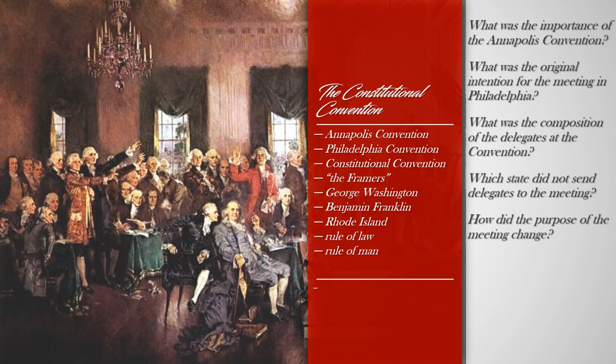Fairly quickly, many of the delegates realized that the articles could not be salvaged, and instead a new document should be drawn up to bring the states into a closer union. George Washington was chosen to lead the delegates as the president of what would come to be known as the Constitutional Convention. Soon the delegates would divide into two major factions: those that favored a new document and believed the proceedings were necessary even if they weren't technically legal, and those who argued the sovereignty of the states should be preserved in the Articles of Confederation and that the rule of law must be observed.